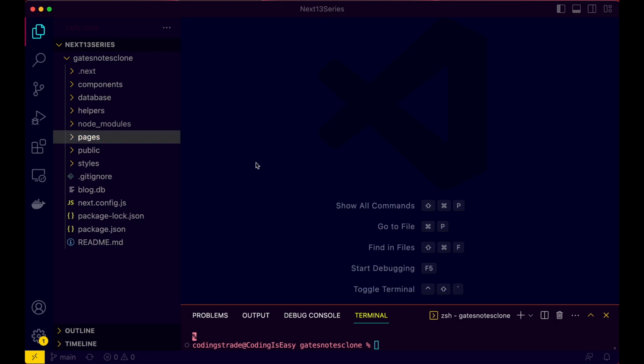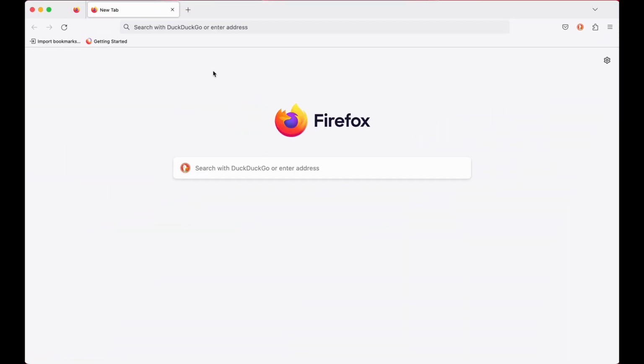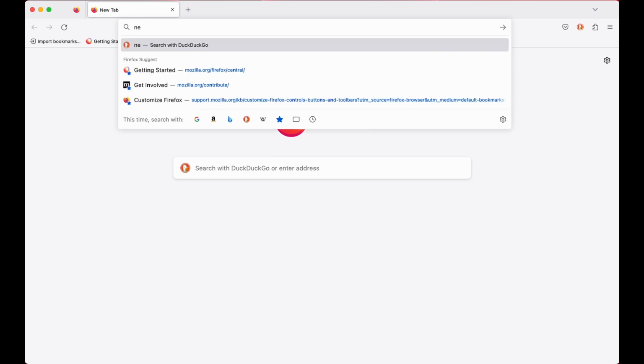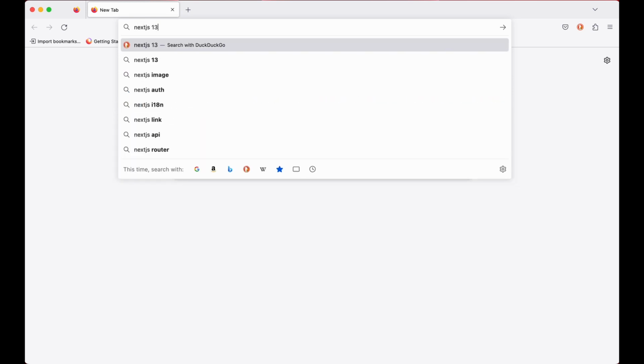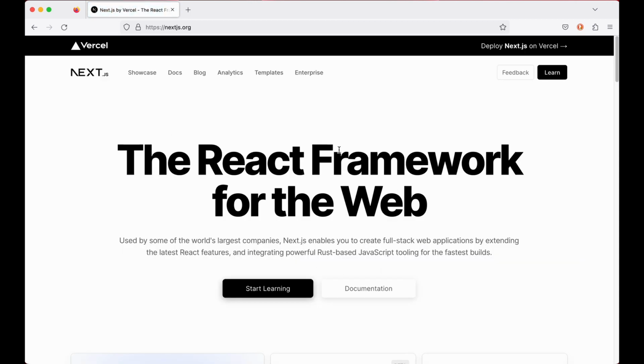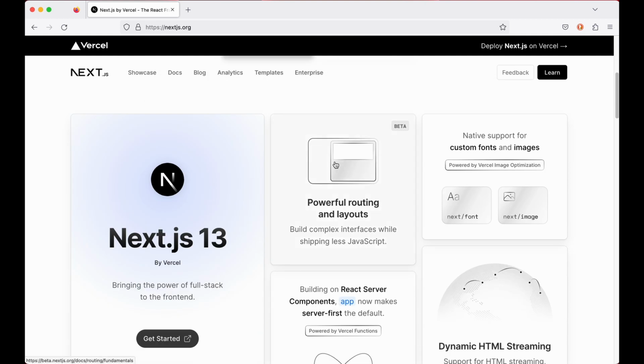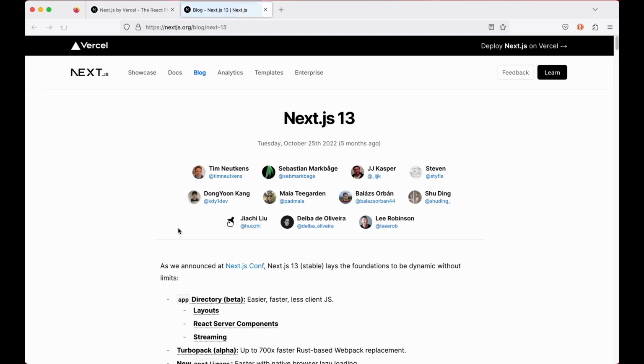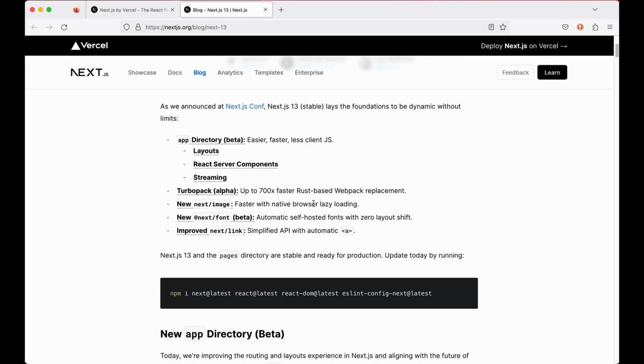So for this we'll go to the browser, and from here we'll type just Next.js 13, or you can just type Next.js, and from here you can use the nextjs.org website. Here we got all the documentation of Next.js, but for Next.js 13 we need this part. If we click on this, we'll get all the information here about the new things in the app directory